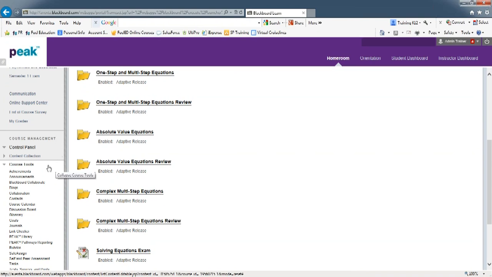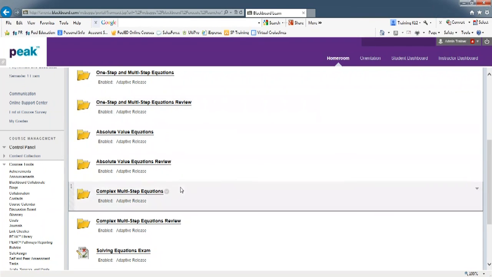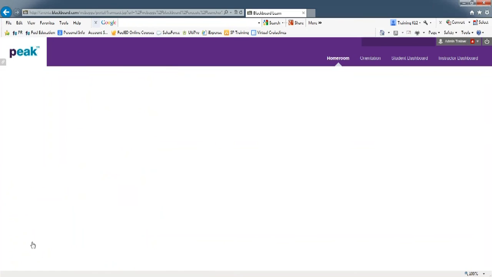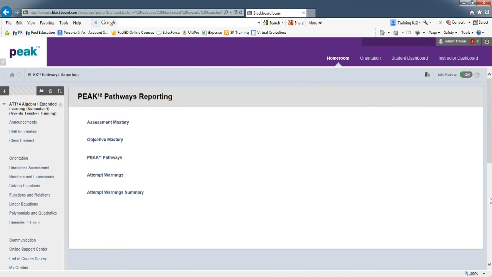So Michelle, here under Course Tools, one of the items you see down there is called Peak Pathways Reporting. So just click there where it says Peak Pathways Reporting. And there are five things listed here, but we're really only, the bottom two really are